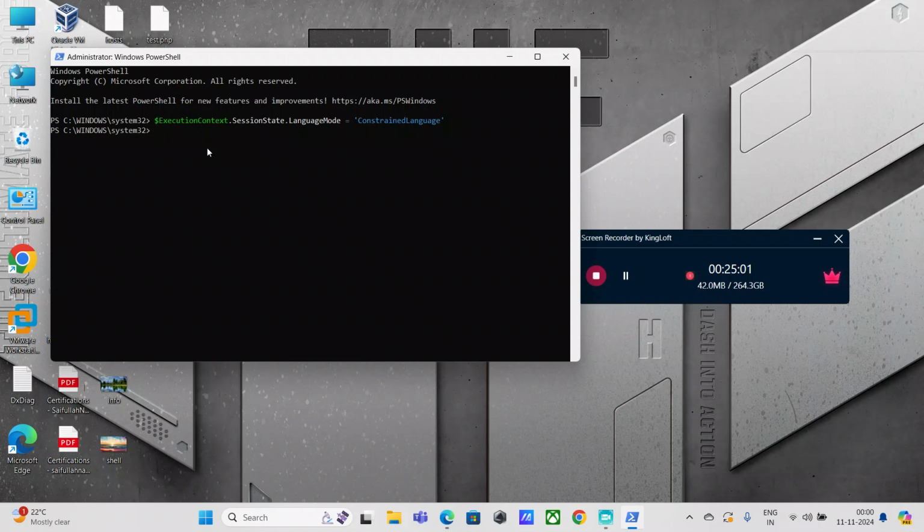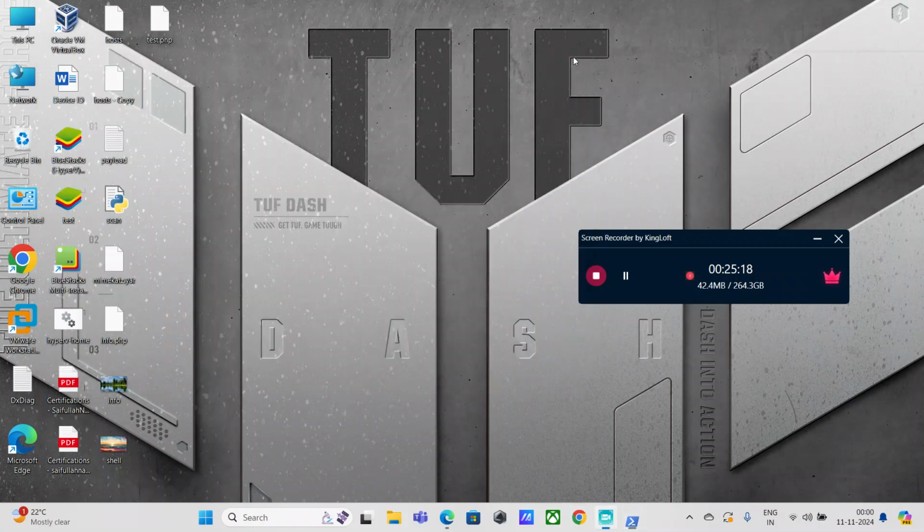And that's it, guys. This restriction is also applied now. So again, this is another security feature, guys, that we need to enable, which we have already done here. And with these restrictions, another thing that you can do is directly go to PowerShell,